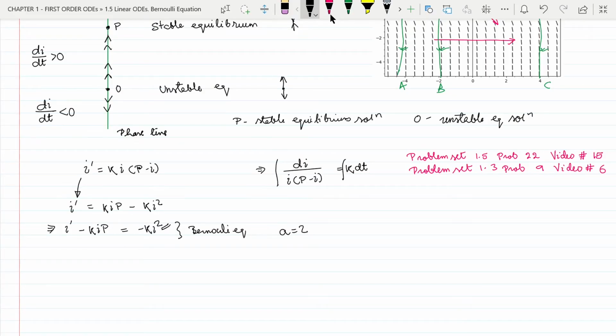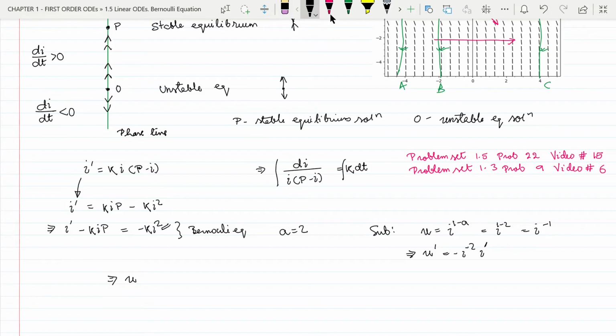For a Bernoulli equation, we know the substitution, which is u equal to y to the power 1 minus a. Here the dependent variable is I, so we write I to the power 1 minus a, which is I to the power 1 minus 2, which is I to the power minus 1, which implies u dash equal to minus I to the power minus 2 I dash,